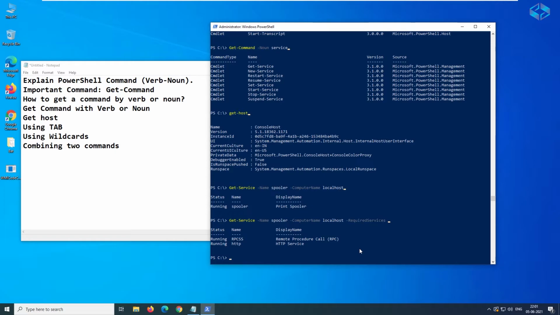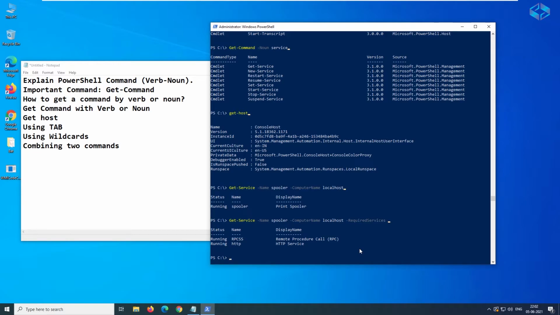Now going to the next one, which is how to use a wildcard. A wildcard is nothing but the star, and whatever we can use along with it. All the special characters which we can use are called wildcards. In this case we can say star and also the exclamation mark. We will mainly talk about these two now. We can use any wildcard here, but specifically we mainly use the star.